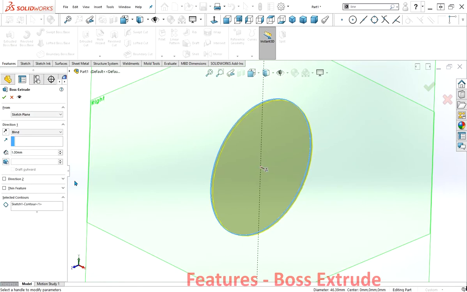Now, a couple of things I can do. This is a properties panel. Every feature and every sketch and everything you can ever draw will have a properties panel. Some are complicated, some are quite simple. Loads of options, as you can probably imagine. The key one here is that this is the default blind, but there's different. You can extrude up to a vertex, up to a surface, etc., etc. But here, the blind means up to an end point, and here I can adjust this. So let's just say I want that to be